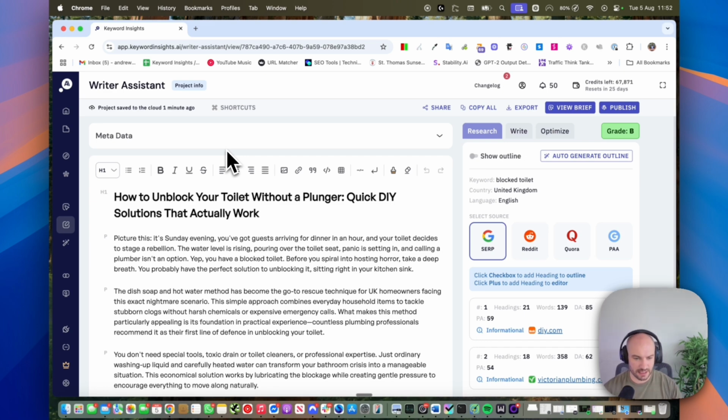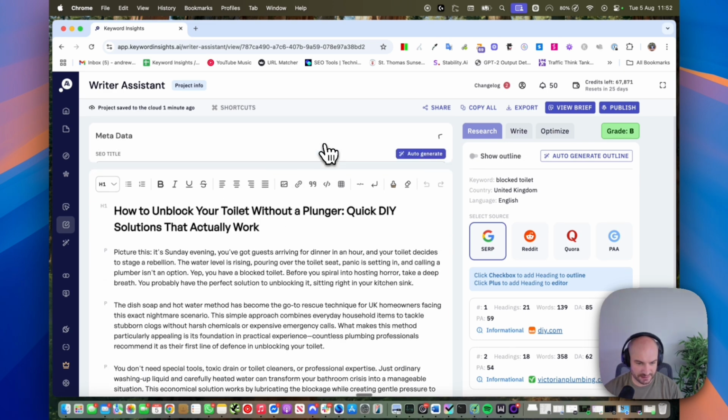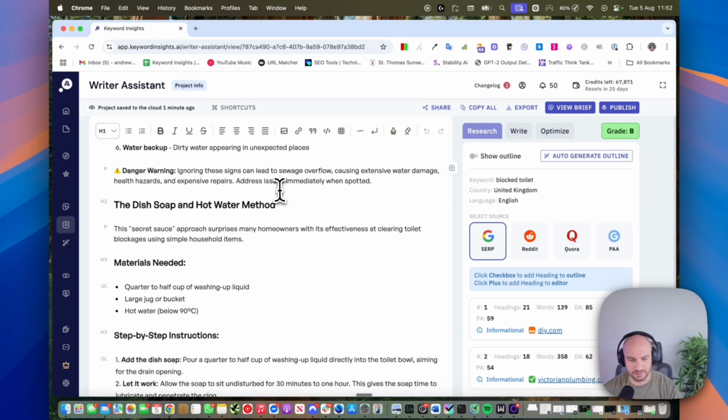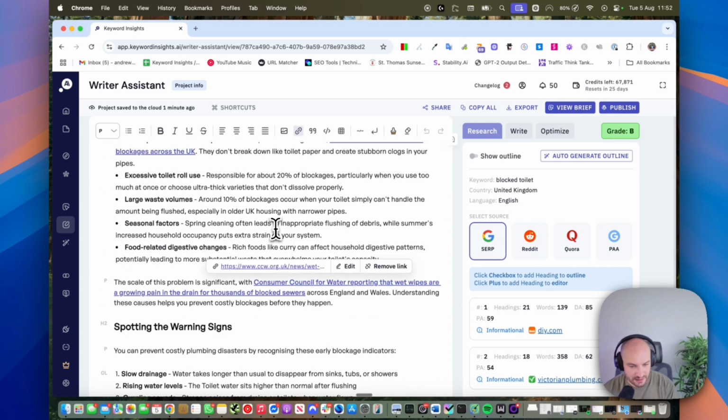Great. So it's finished running, and we're in here. Now, it's written everything. It's done the metadata for me. It's written what I think is a really good piece. It's actually done